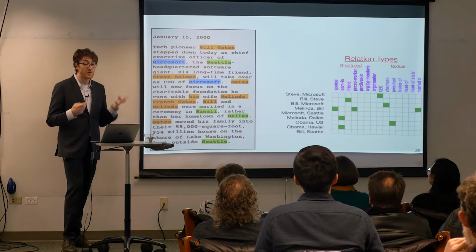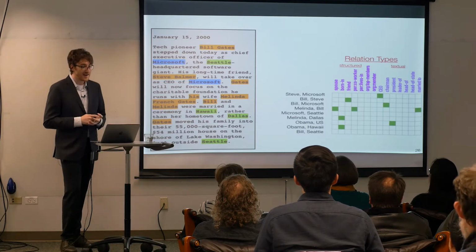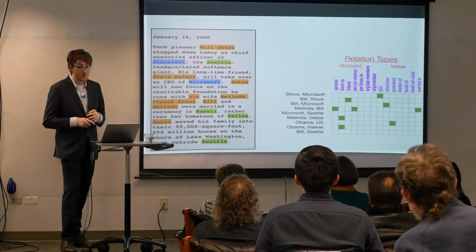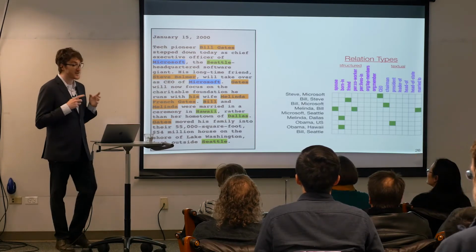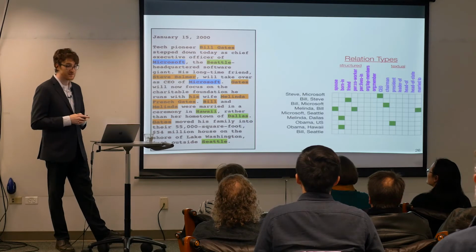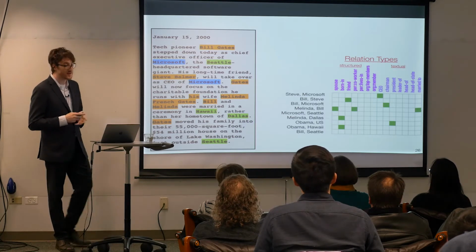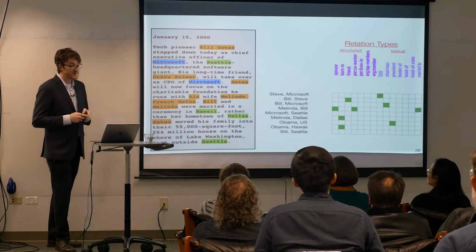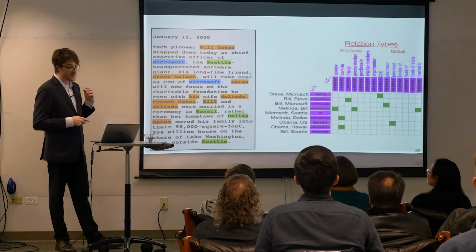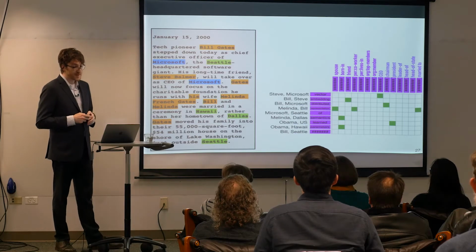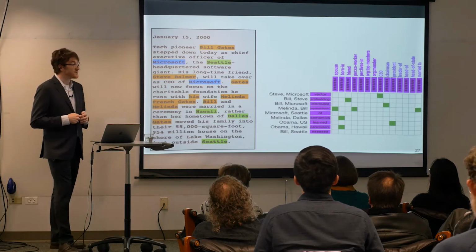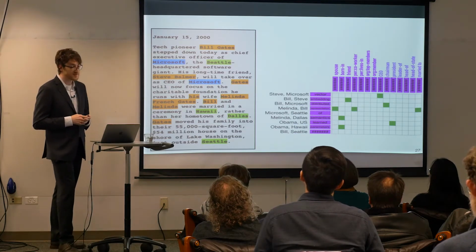But how should we actually represent these entities and their types? And how can we do it in a way that we can capture the semantic similarities between them? Because ultimately we want to be able to predict new relationships that we didn't directly observe. So one way we can do this is with embeddings. What we can do is represent each row and each column of this matrix as an embedded vector. And one way to learn the parameters of these embeddings is just to factorize this co-occurrence matrix.